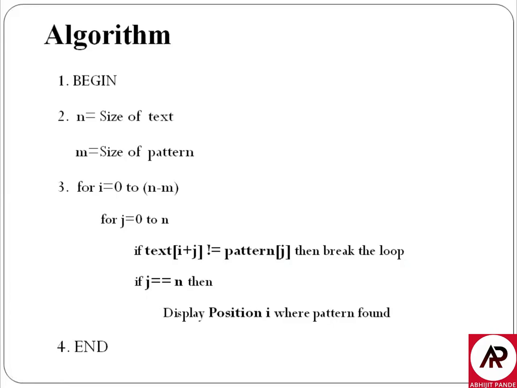This is the algorithm for the naive pattern search. Here N denotes the size of the input string and M denotes the size of the pattern. Here the loop is from 0 to N minus M, because the total number of positions to be compared in a naive pattern search is N minus M. So if text[i plus j] is not equal to pattern[j], it means that the first character of the pattern is compared with the first character of a window. If the first character matches, then it goes for the second, then the third and so on. But if at any position the character present in the pattern does not match with the character present in our window or string, in that case we have to break from the loop.